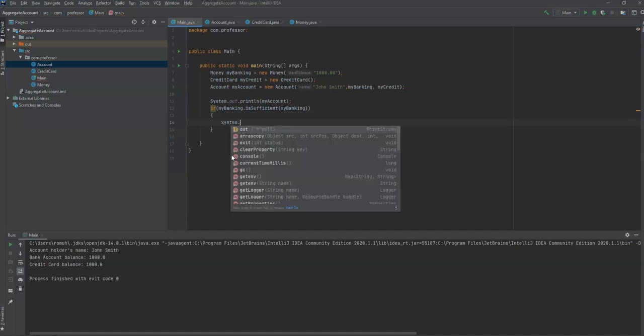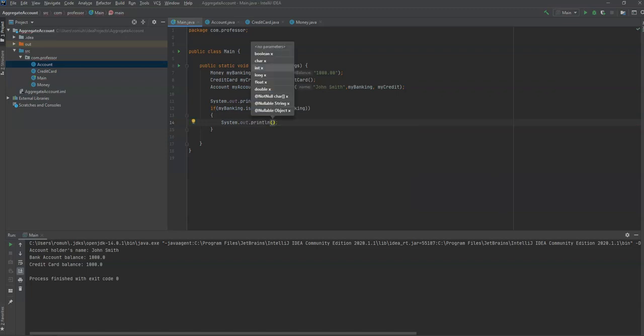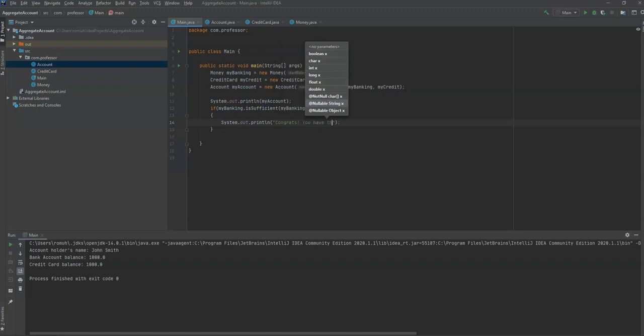and then we'll say if it's true, then we'll say System.out.println, congrats, you have the minimum balance. Else, you do not have the minimum balance. And I know this is probably not the most efficient way you can actually construct this, but